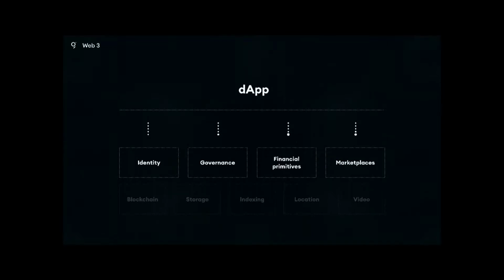And so a dApp is what sits on top of this, and it's just an application built on top of these decentralized protocols. It has the guarantees that we described, and if you use a dApp, you know that any investment that you make into an application, you'll be able to take with you to the next application. This is pretty profound because right now each application really is an island in and of itself.